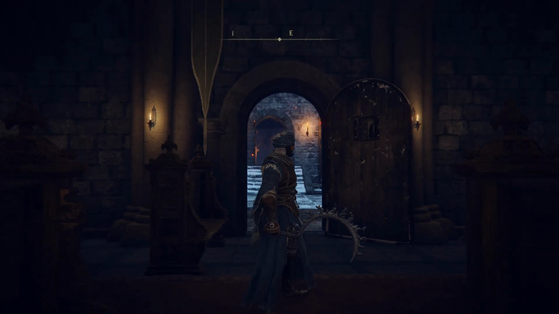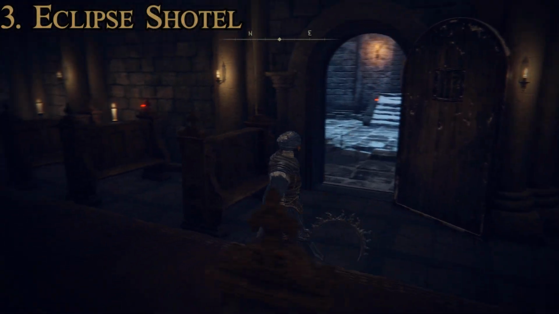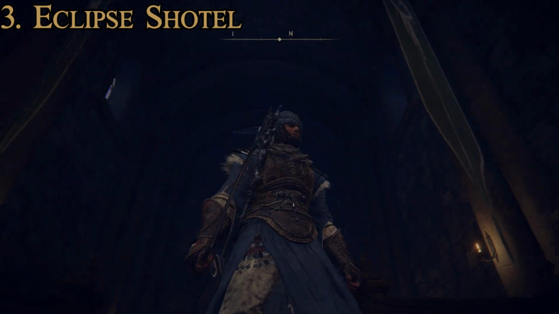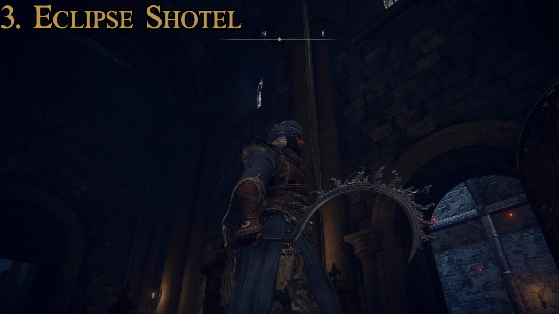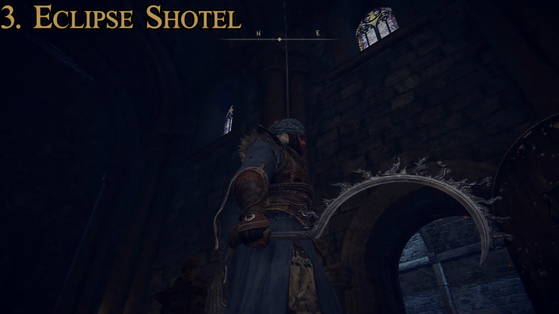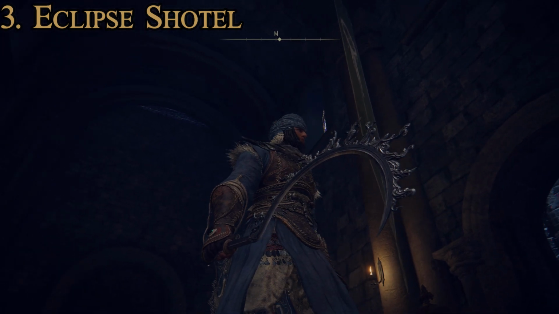All right, and so for number 3, our middle spot, we have the Eclipse Shotel. And so this one has got a pretty unique design. It looks almost like a Dothraki Arakh from A Song of Ice and Fire, except it's got a bunch of stuff along the outside. So typically, this is actually a historical weapon. The Arakh is based off an Egyptian weapon, whose name escapes me. Maybe it was Shotel. But anyway, that looks a lot like this, but it's not used exactly like this,